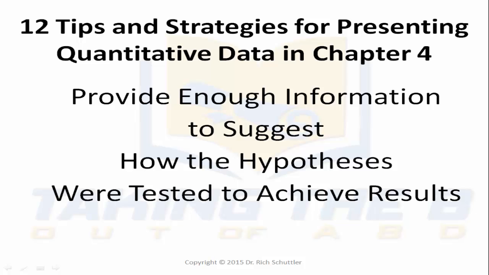Provide enough information to suggest how the hypotheses were tested to achieve results. Remember, in the prior lesson, I gave information about how to allude to the information based on research questions in your quantitative Chapter 4. So you'd give information in regards to a narrative about what the research question is, how it was tested. You'd give the formula that you used. Then you'd have your information inside the formula and another figure, and then have another narrative. Now, this narrative that concludes this section should end with the hypotheses testing outcome.